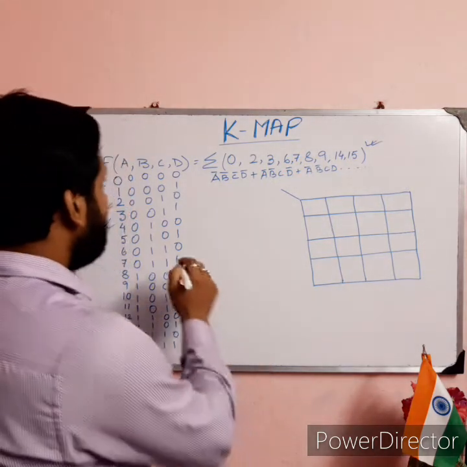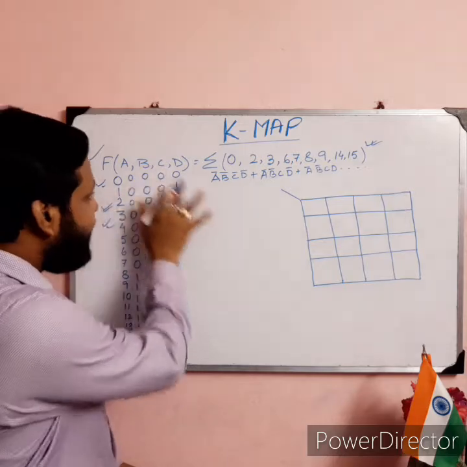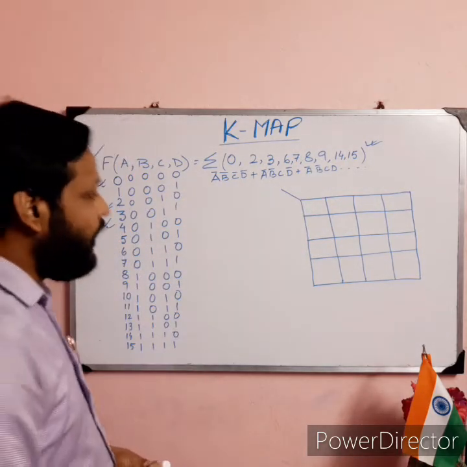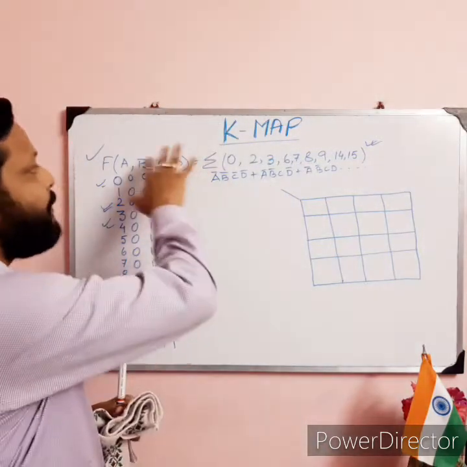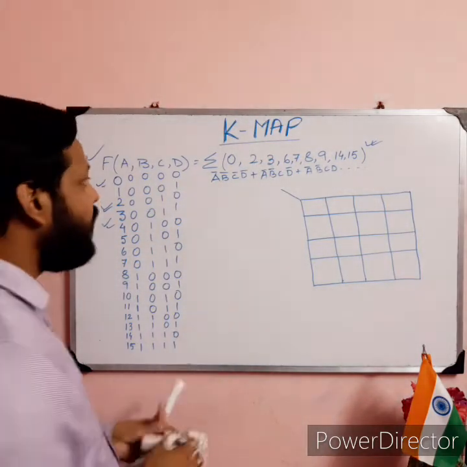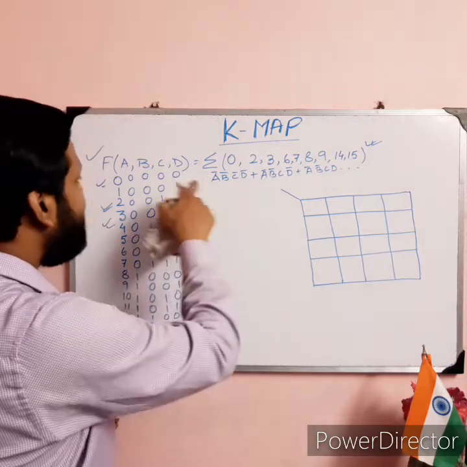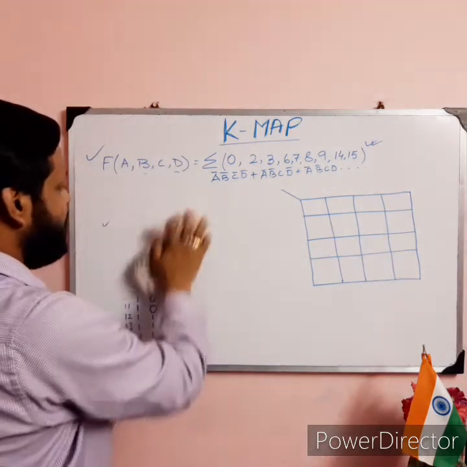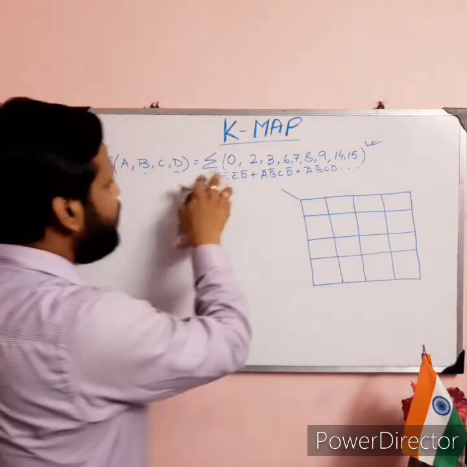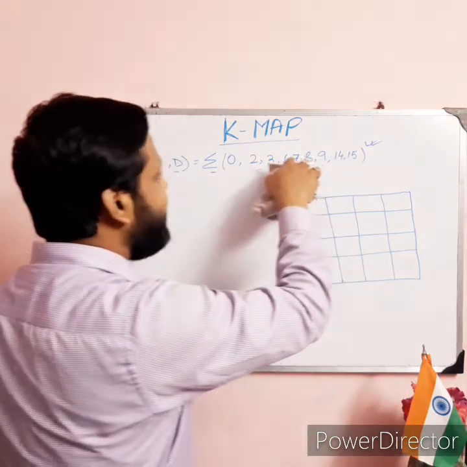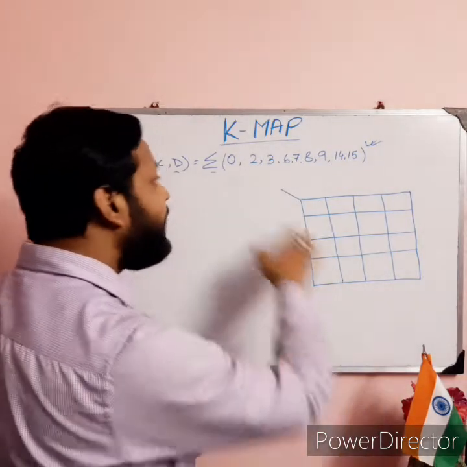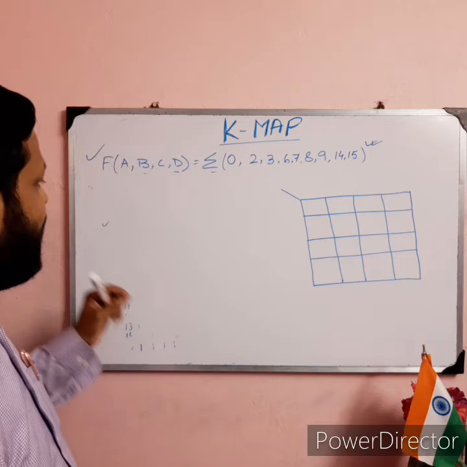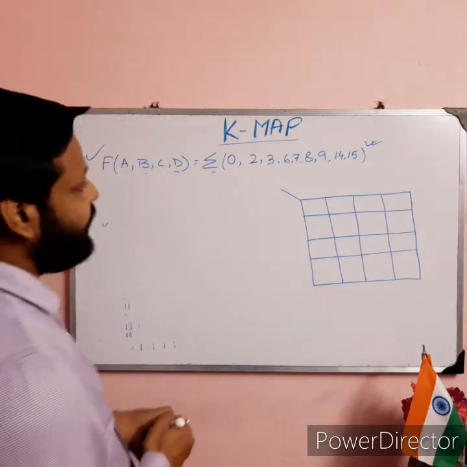First thing, in the question paper, you will not get this truth table. No need to write down this part as well. You will only get this type of question, and we need to solve using K-map, and this symbol indicates SOP. The summation symbol is known as SOP. No need to write this. What you will get in a question paper is a question like this: reduce it using K-map. So A, B, C, D first.